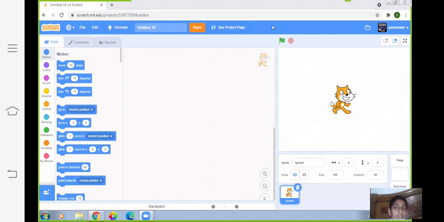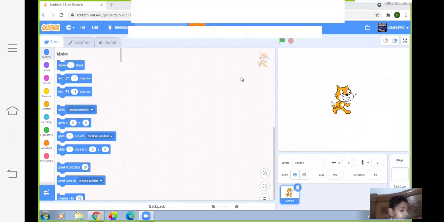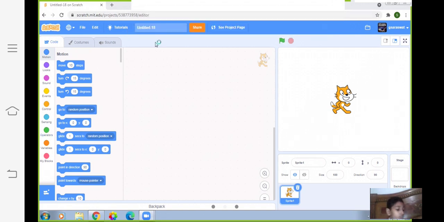This kind of screen will open. Here you can see this whole screen. This is the code one. In this you may see many options: motion, looks, sound, events, control, sensing, operators, variables, my blocks. We'll do this also.